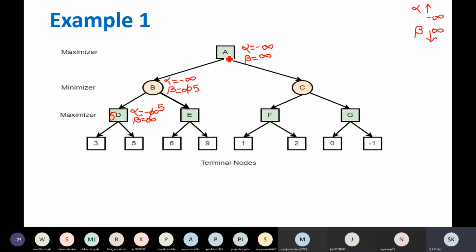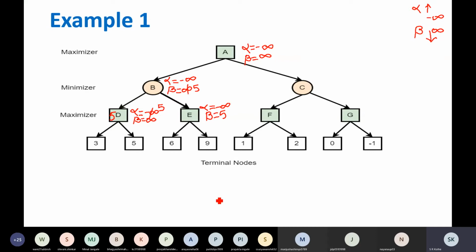Backtrack further, but before that, there is one more branch out here. First what you are following, go to the E and then this terminal node. So before that we are going to copy the values that we have. Alpha is minus infinity and beta is 5. Okay, understood this step?